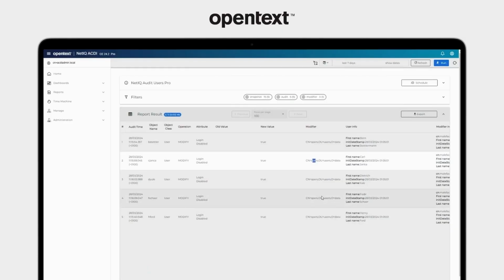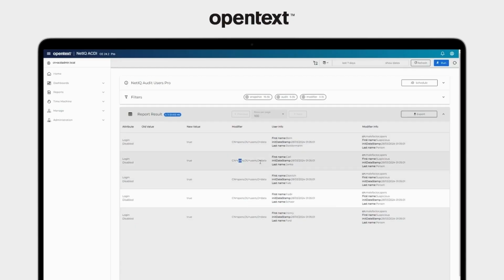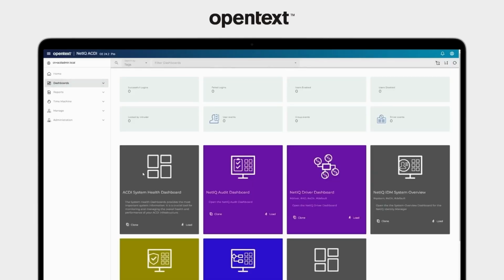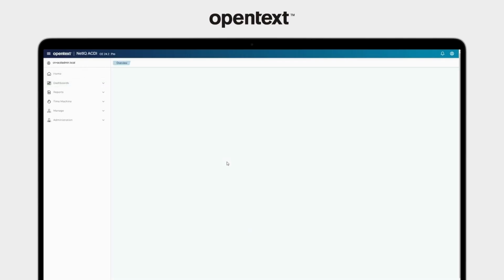But how did this user get access to entitlements and change third-party user attributes? Let's monitor all the changes of this modifier using dashboards. Previously, this user wasn't assigned permissions and entitlements.